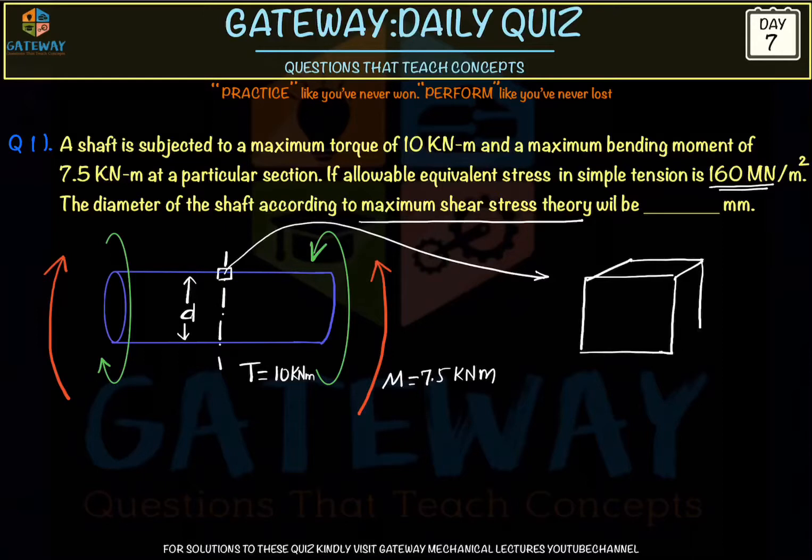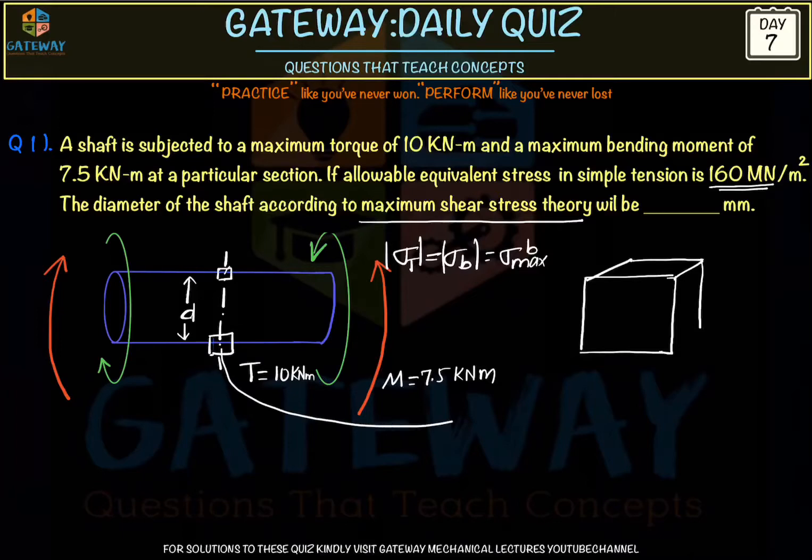Instead we will do one thing. Here we will consider the lower element rather than the upper element, because in the lower element we will be getting tension. Even compression can be taken, but during calculation we need the tension value, because sigma b at the top or bottom are the same in magnitude. Sigma b max. Just for analysis purposes we will consider the lower element.